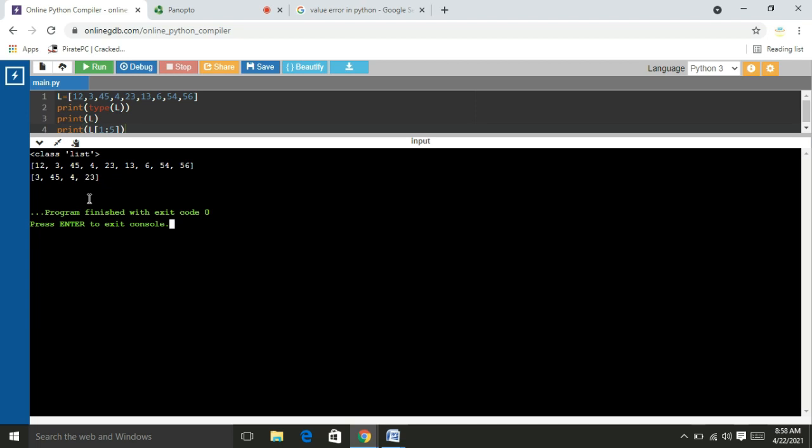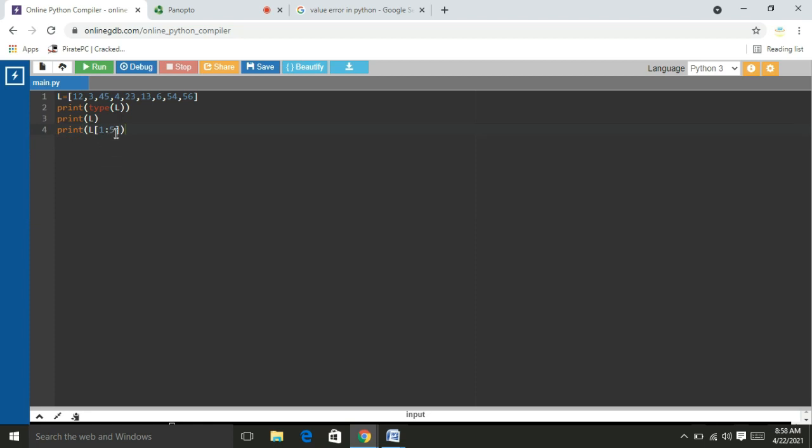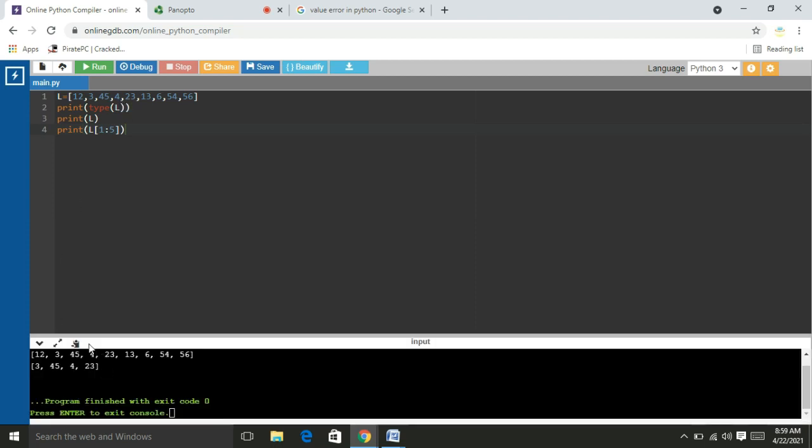You can observe here 3, 45, 4 and 23. Even though I give the index value 5, the last index value goes to 5 minus 1, that is 4: 3 in 1's position, 45 in 2's position, 4 in 3rd position, and in 4th position 23.